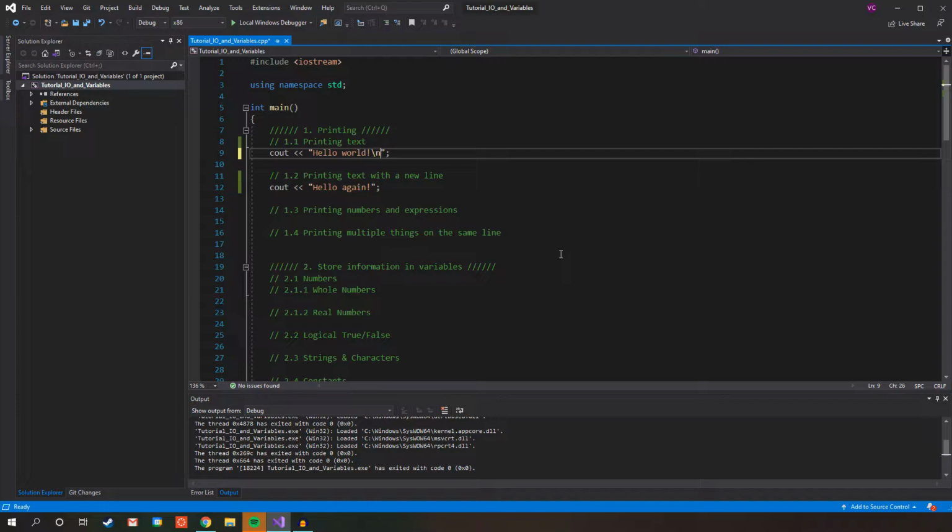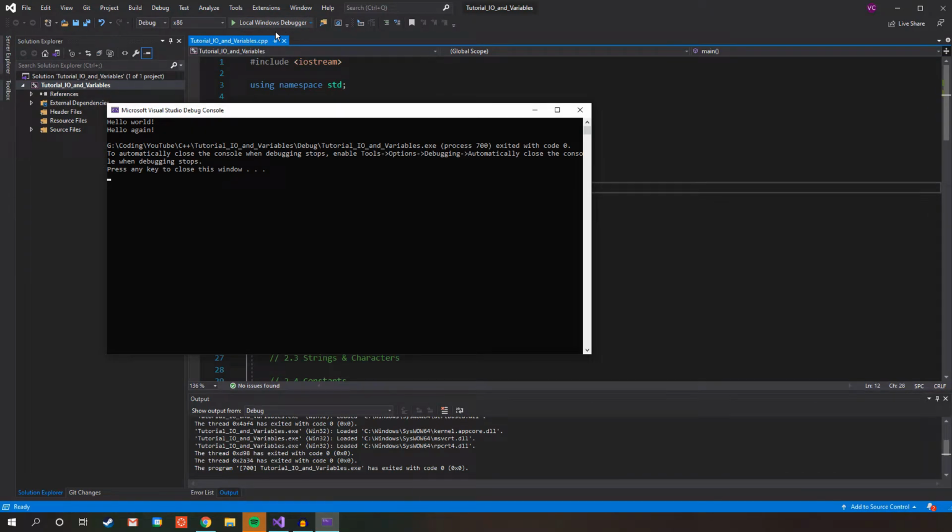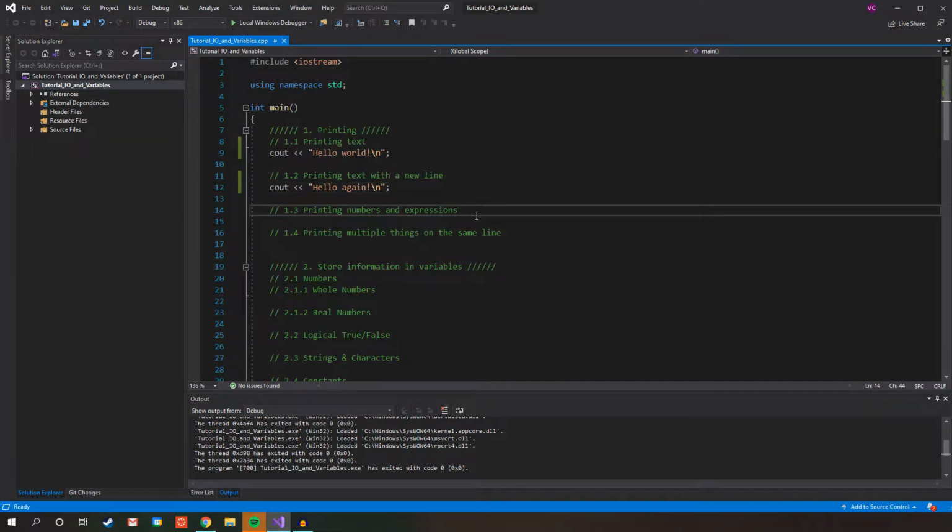For optimization, this is more efficient, but you don't really have to worry about it, right? Now if we print again like this, you'll see, there you go. Hello world, hello again. Right, that's very basic, that's the most basic thing, but now that we've got that covered, we can jump into